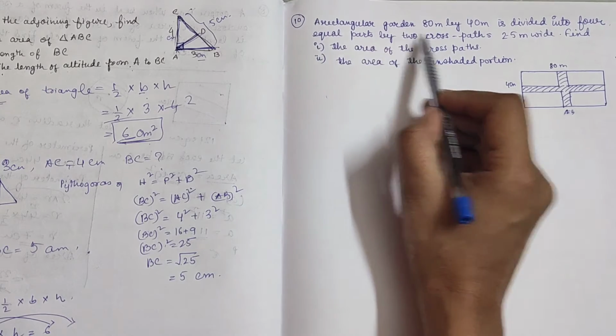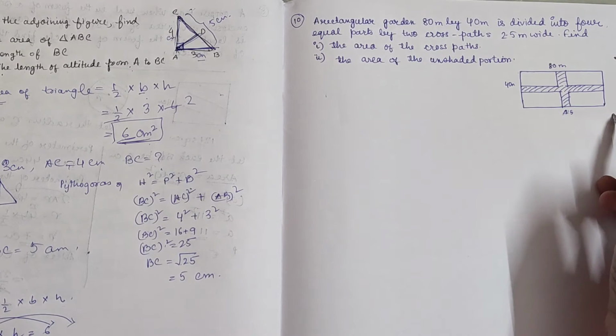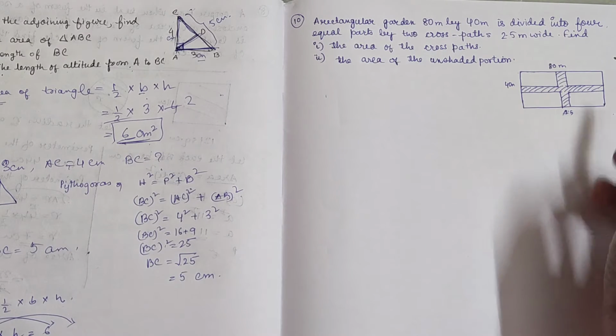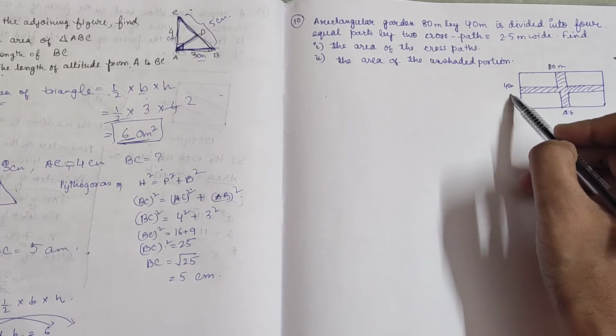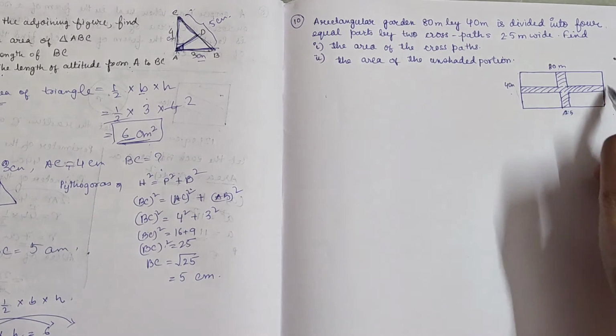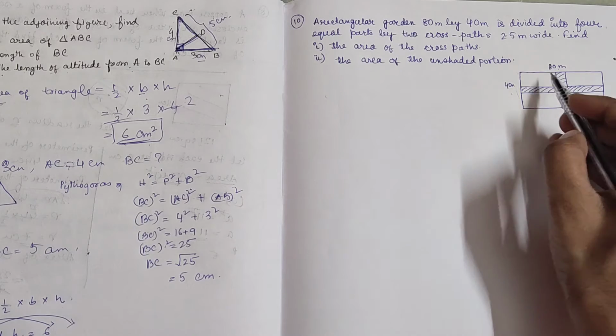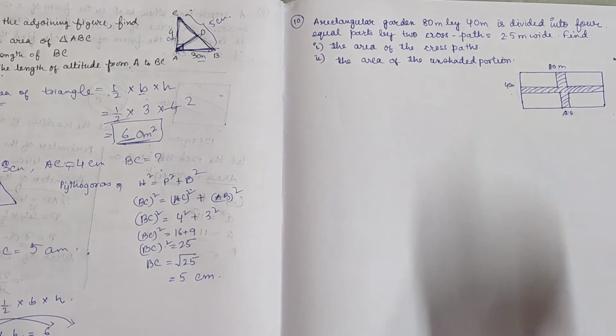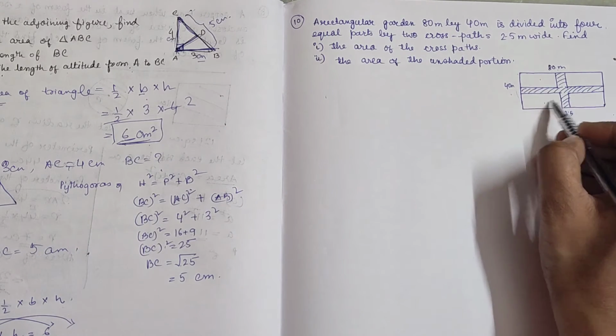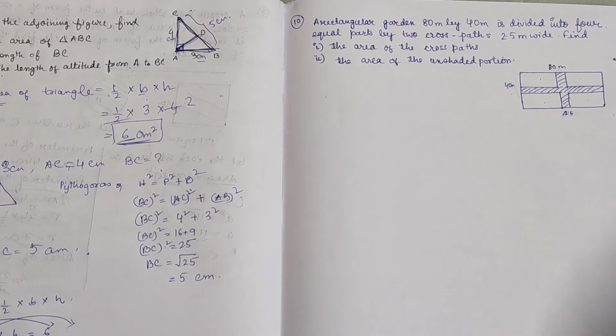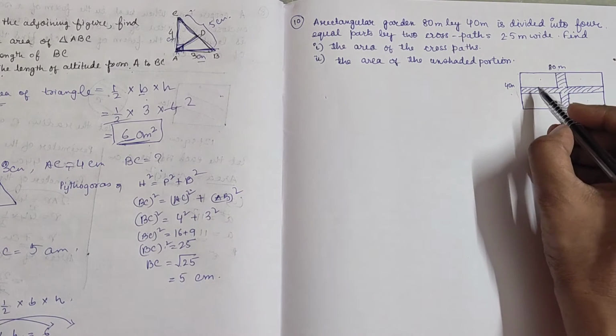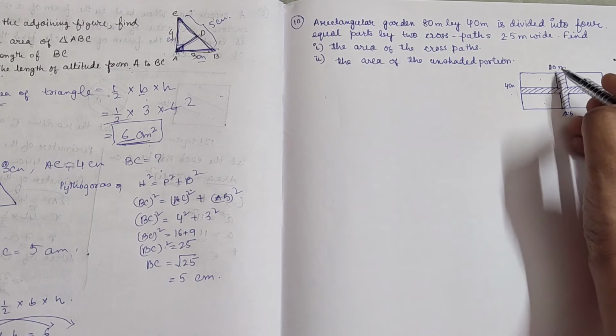Number 10, a rectangular garden. Can you see the garden on my right side? Yes. It is 80 meter by 40 meter. This is the measurement of the rectangular garden. Now it is divided into 4 equal parts. 1, 2, 3, 4 parts. By 2 cross paths